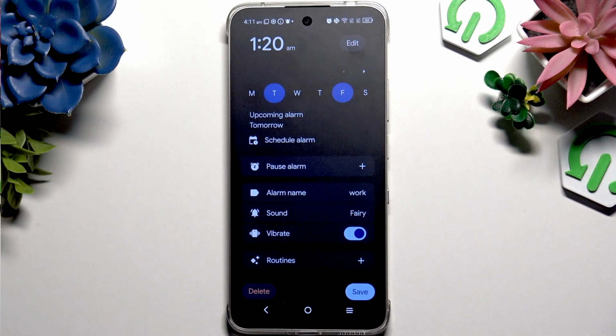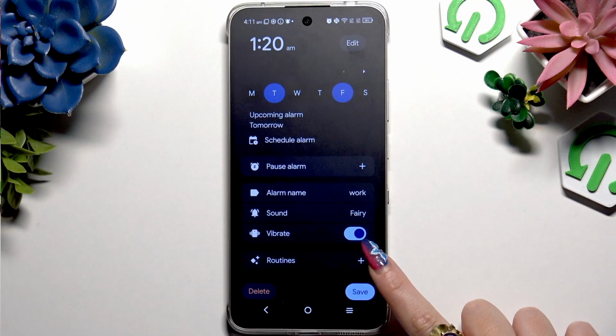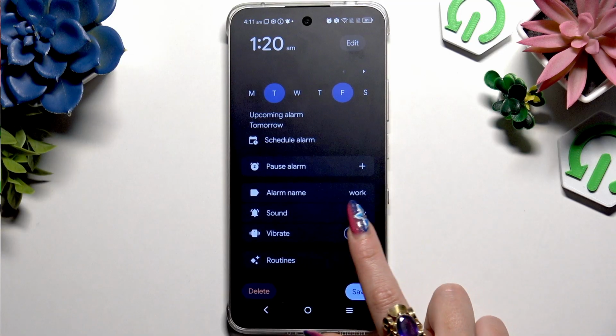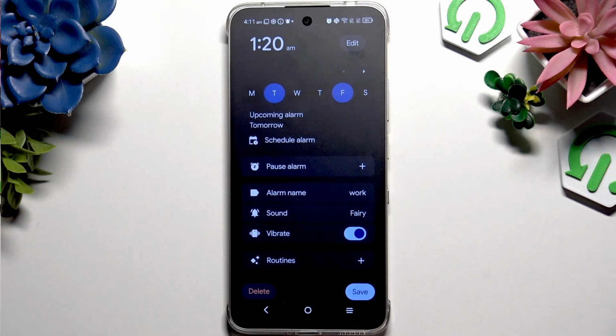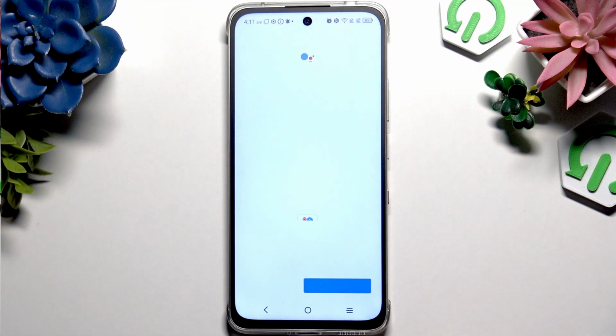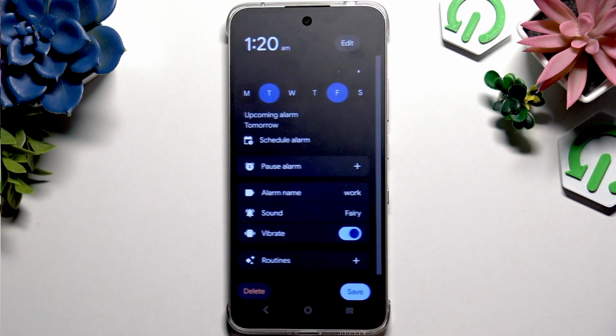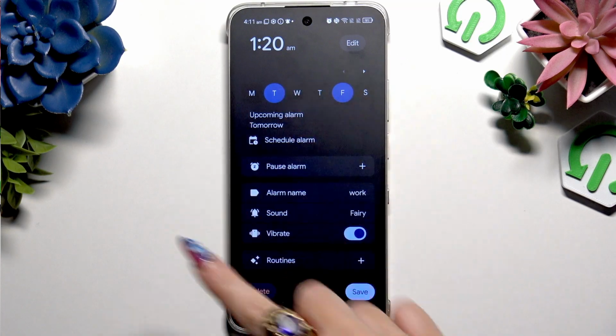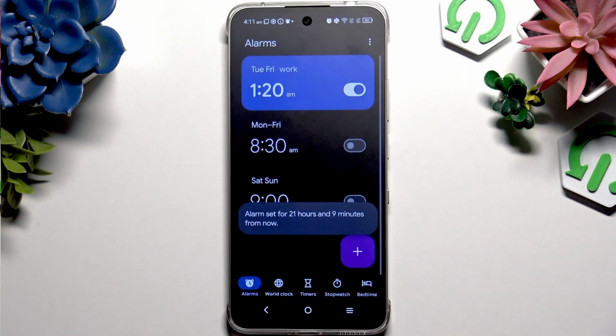Go back. Use this switcher next to vibrate to switch it off or turn it on, and click on this plus one next to routines if you are using Google Routines. Now, to save all of those changes, hit save,